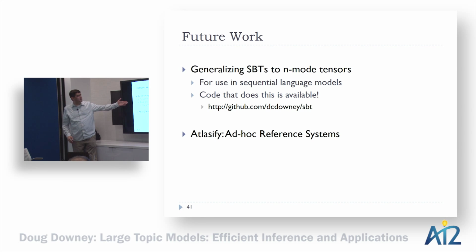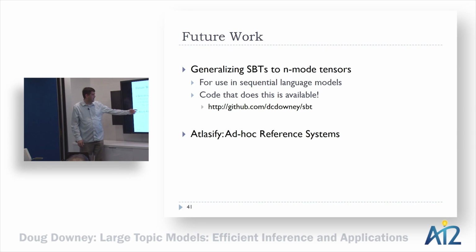Finally, future work: we want to generalize these sparse backoff trees. We talked about how to apply them to a latent Dirichlet application where you have two multinomials that you're multiplying together. You can actually do that for n multinomials. The code that does this is already available, so you can download it if you want. We're using that right now for hidden Markov models where you have information from the word, the foregoing context, and the previous context. So you have three sources of information, and you have to multiply all three of those. You can use the same approach for that. We're experimenting with that, not exactly sure how well it'll work.